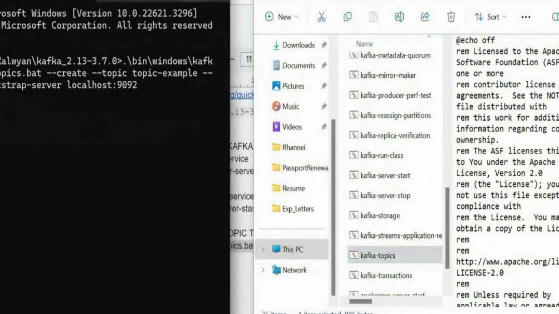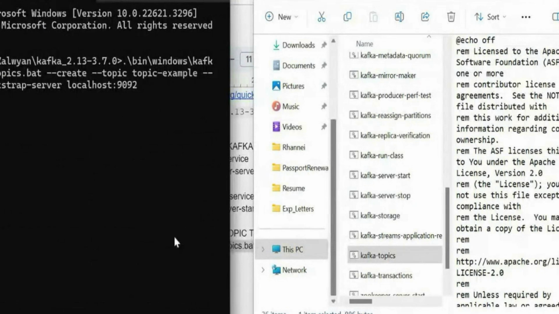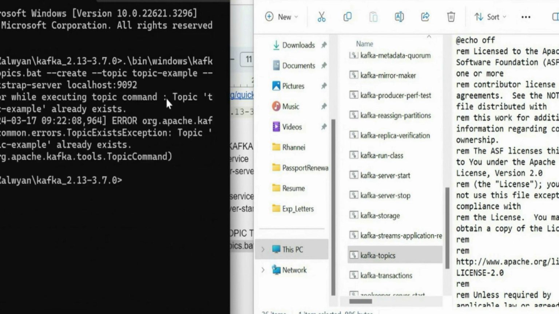I think this is the Kafka server's port number on which it is running. The Kafka server is running, so we are trying to create a topic inside this Kafka server. Once I execute this, it has to